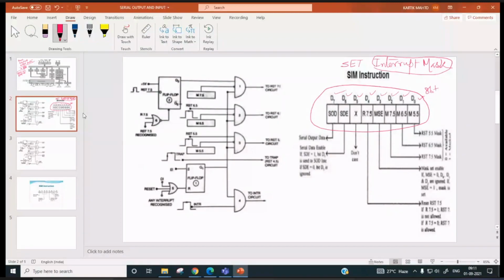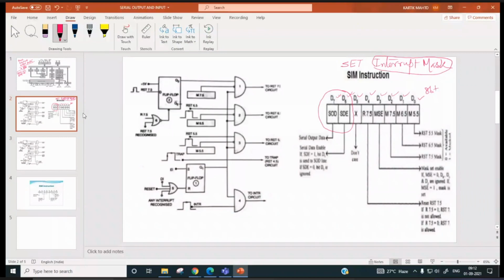D0 is used for setting the mask for RST 7.5. If this bit is 1, then RST 7.5 will be masked. We will discuss all these things in detail. Right now, only these two bits are important: SOD, which is the D7 bit, and SDE, serial data enable.